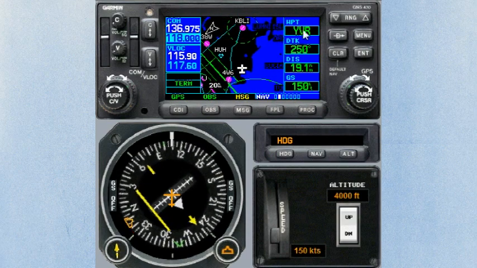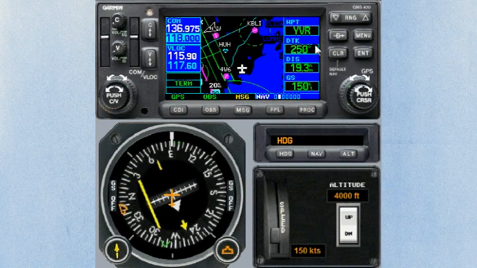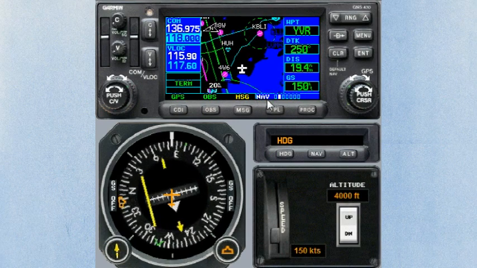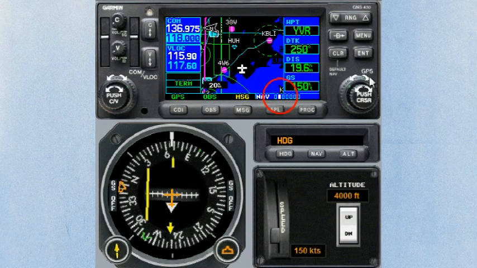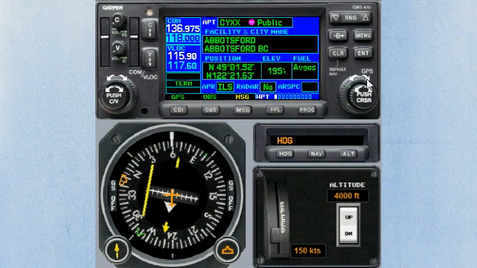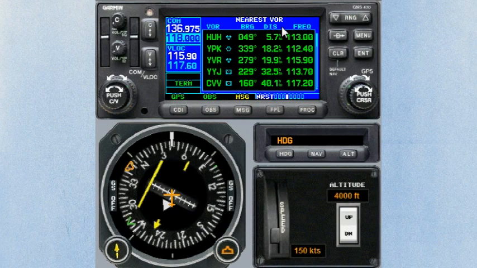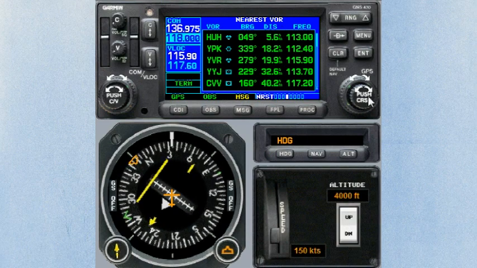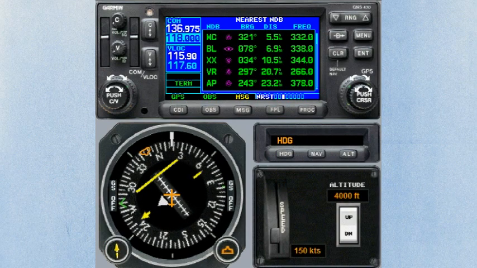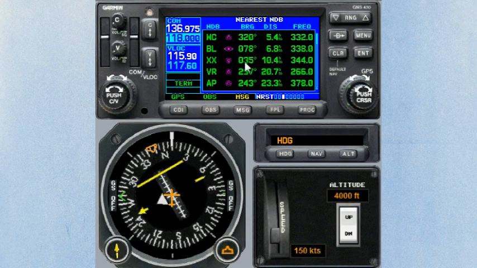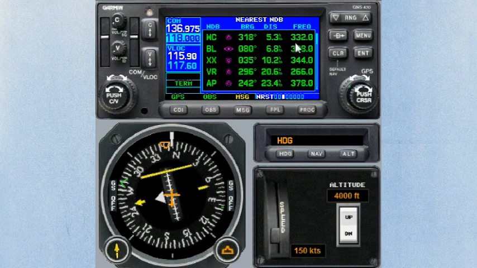So how are we going to get White Rock up here into our GPS? The process is really simple. We're going to use the nearest function. Right now we're on the nav pages, and so whenever you're on nav, moving map, just 3 clicks to the right on the big knob, 1, 2, 3, and we happen to be here on the nearest VOR. That's the last nearest page I was on, and the page just before that is the nearest NDBs. So if I take the small knob 1 click to the left, there's my nearest NDBs. As a matter of fact, White Rock happens to be at the top of the list. It's only 5 miles away, and it's a track of